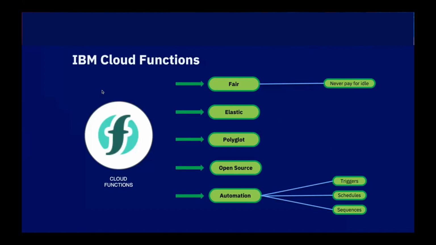Or you can also have schedules, which is basically just a special form of a trigger, because you specify a cron schedule for whenever the function should be executed, and then it runs it for you. And you can orchestrate functions into sequences. So you can build compound functions by combining 3, 4, whatever other function executions in a sequence. And then you can treat this whole sequence again with a trigger, with a schedule, and so on. This is the key to build data pipelines if you think of individual functions now being SQL statements that they run.